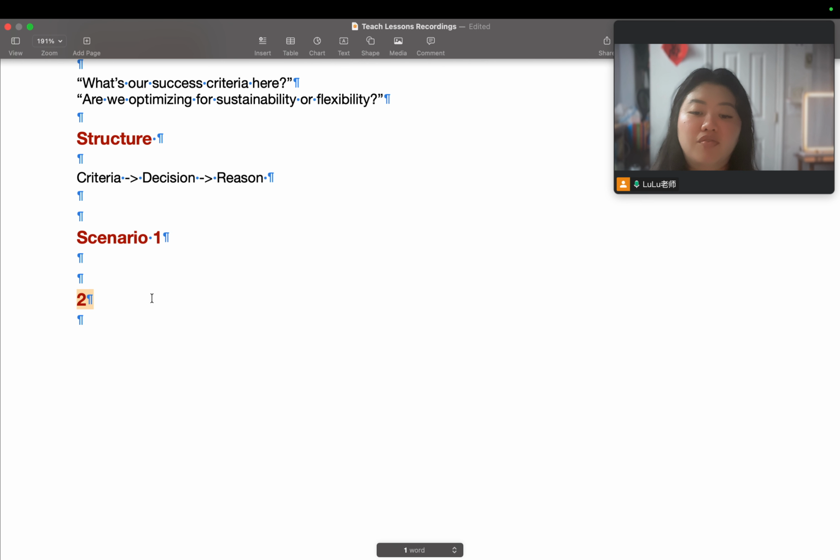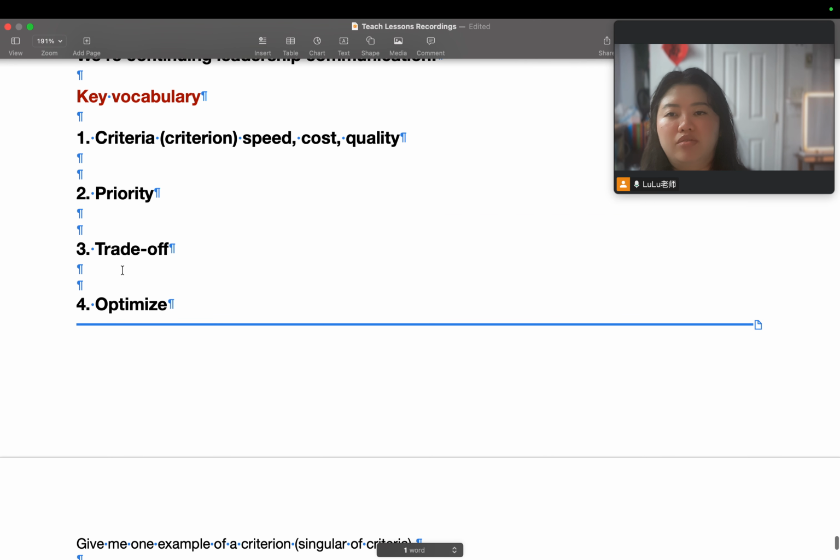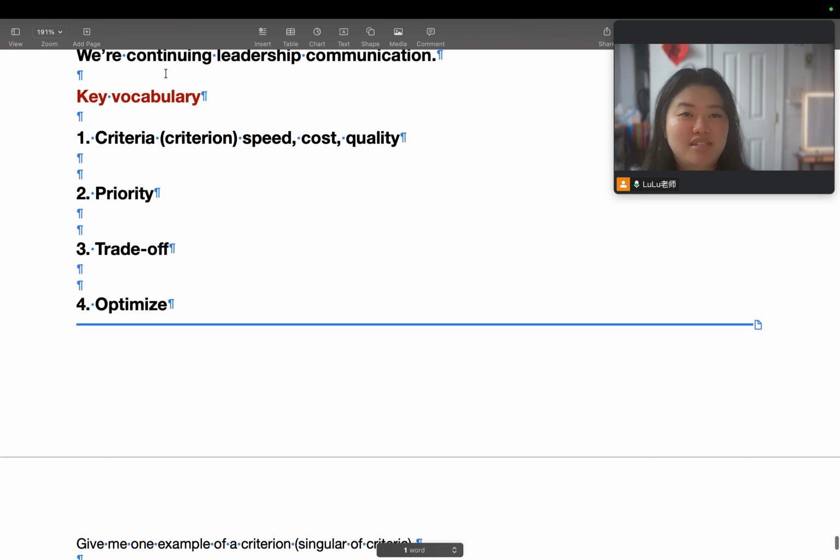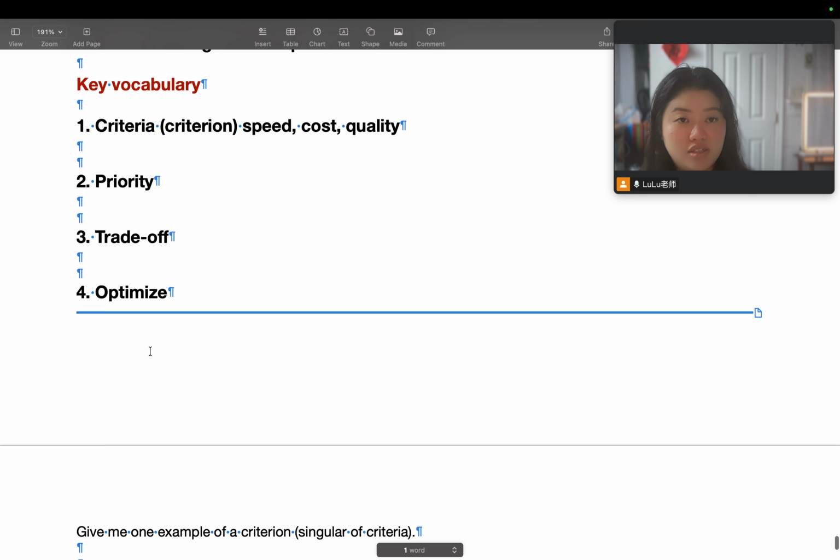Use the words optimize and be clear about the trade-off. We mentioned earlier, trade-off, right? So as you answer these questions, I want to see some of these key vocabulary in your answers. That would be amazing.